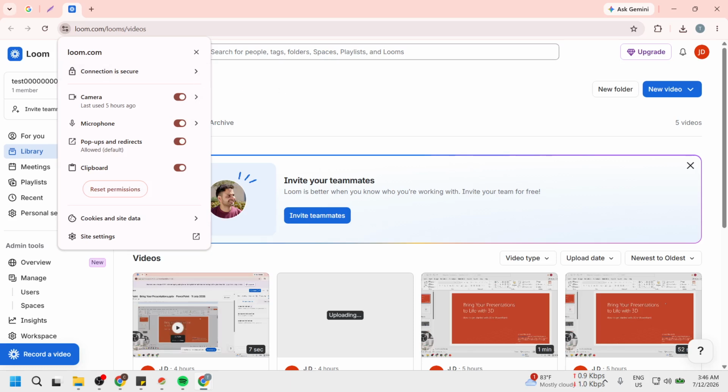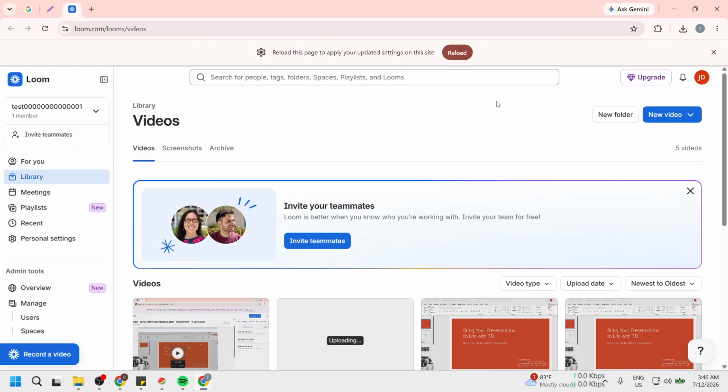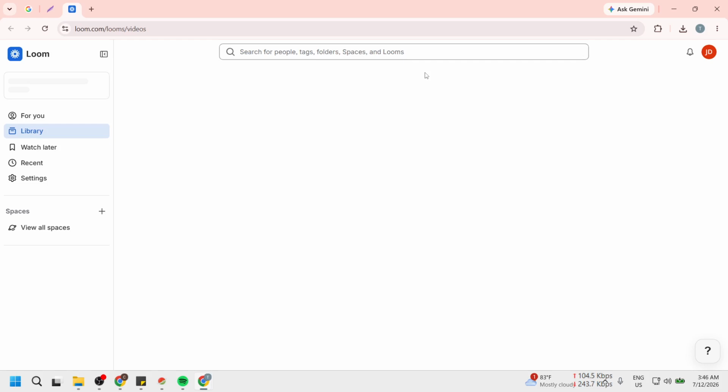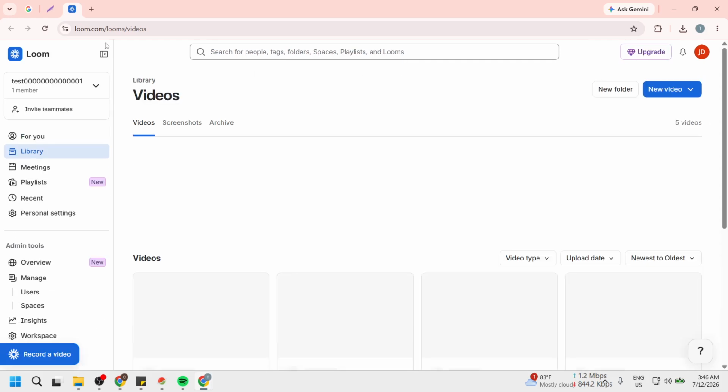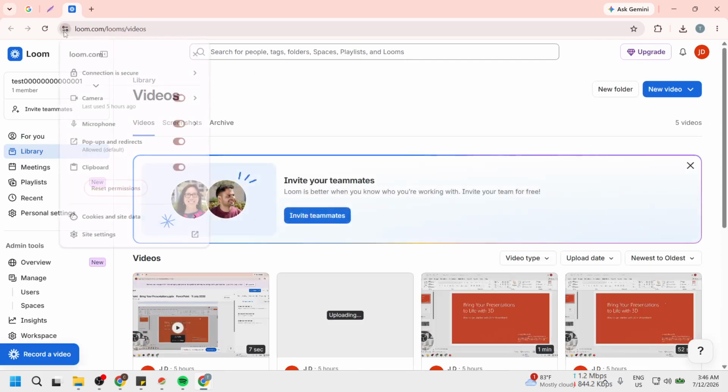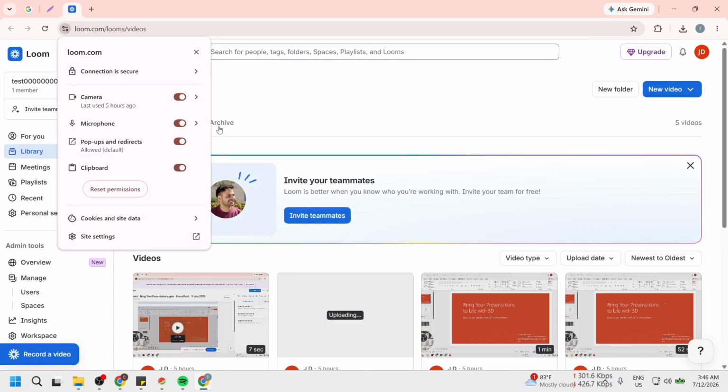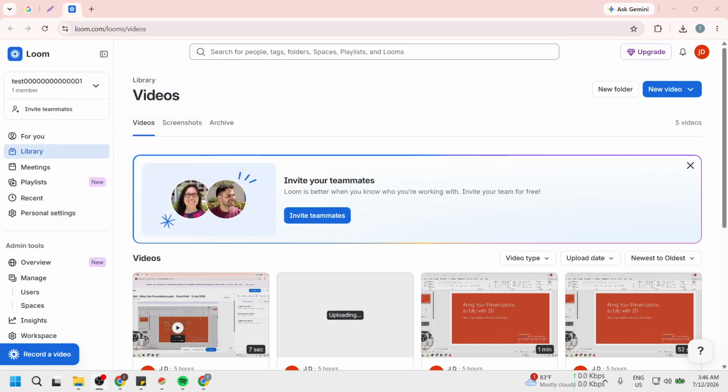With that ready, you are all set to start recording videos with audio in Loom. Having your microphone enabled ensures that your audience can hear you clearly, making your videos more engaging and effective. Remember that adjusting these settings may vary slightly based on your browser or device, but the overall process remains consistent. You have taken all the necessary steps to enable your microphone, so you can confidently start creating your videos. Now you are ready to go ahead and make your recordings.